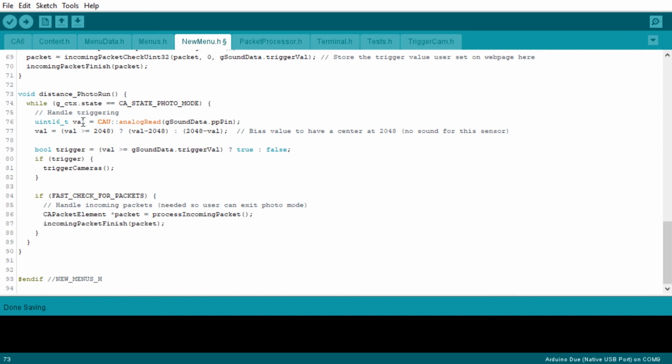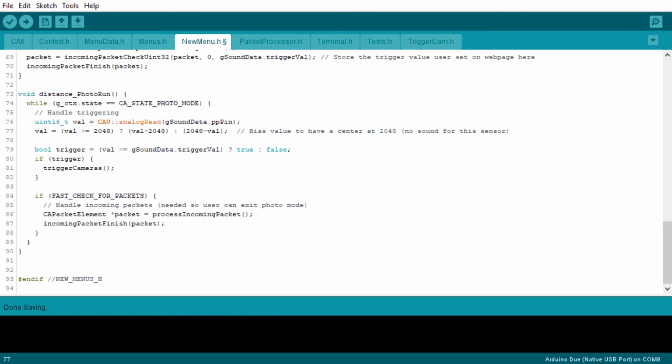We're going to check the value from the analog pin that we've stored, which is right here. This is biasing the value. But we just want to see if the current value is, let's see, less than